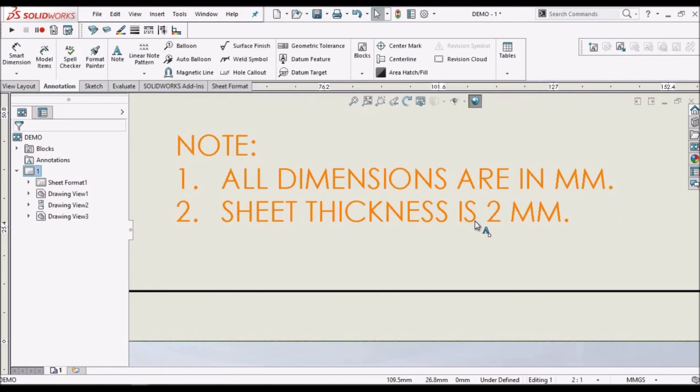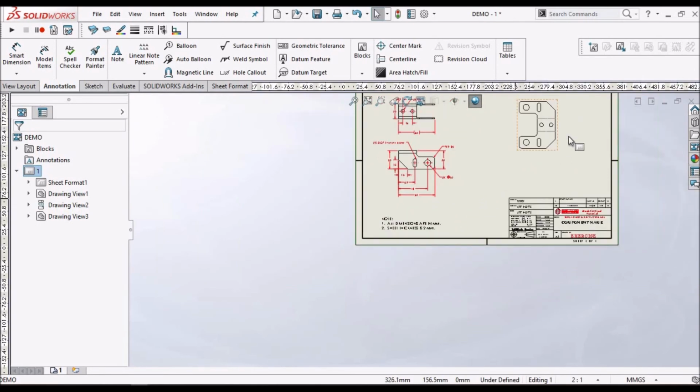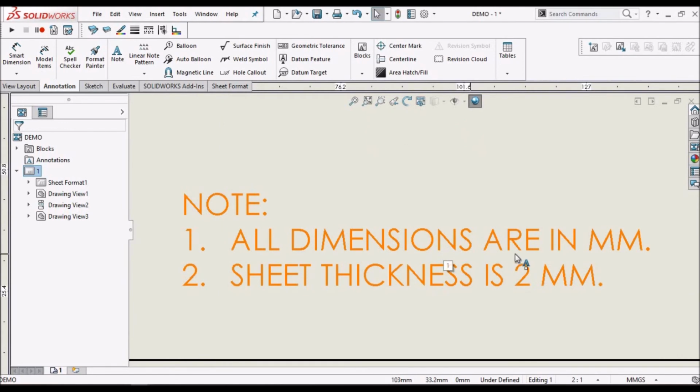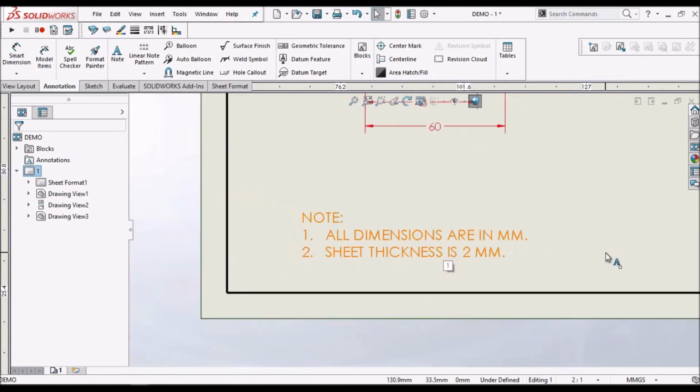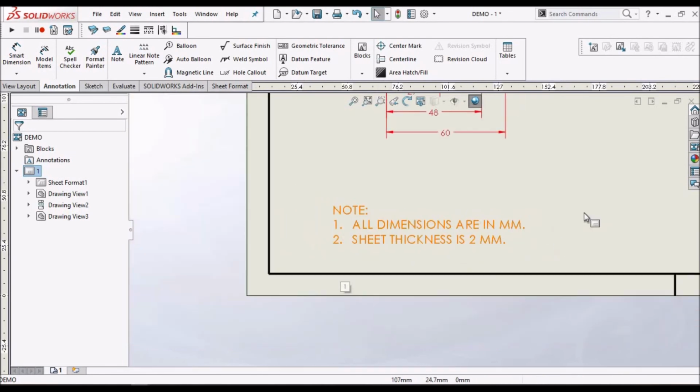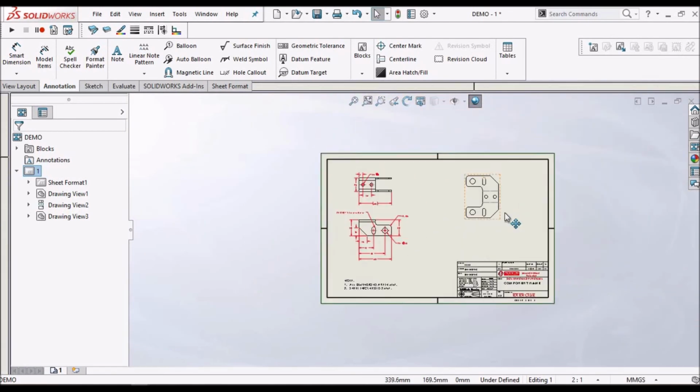So it is always mentioned in the note, and this first note is common. All dimensions are in mm or all dimensions are in inches is always common, and next this is common, so we have to remember this.